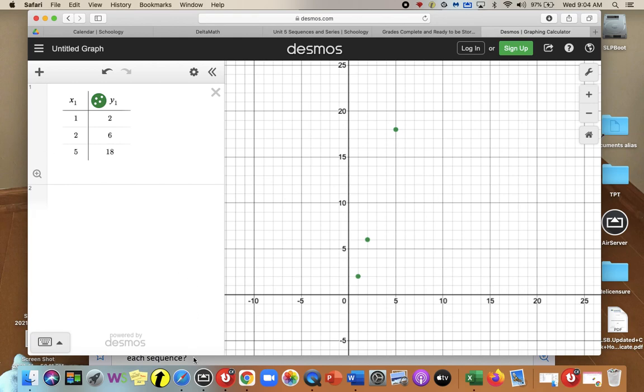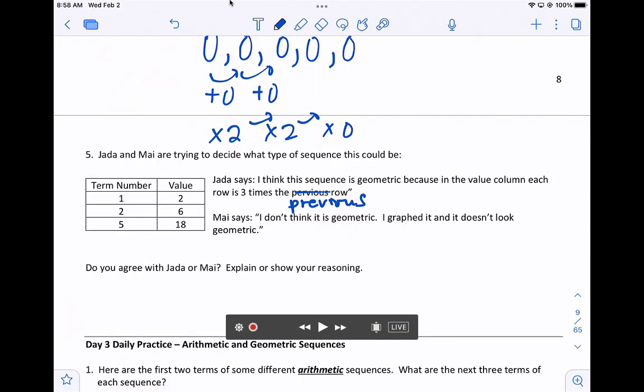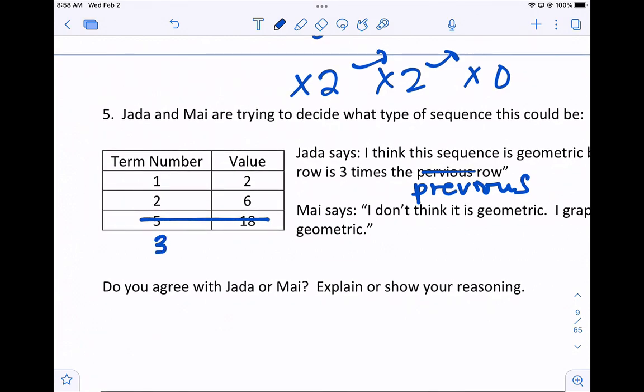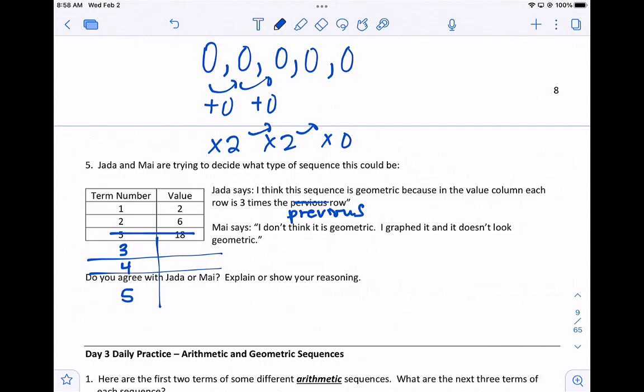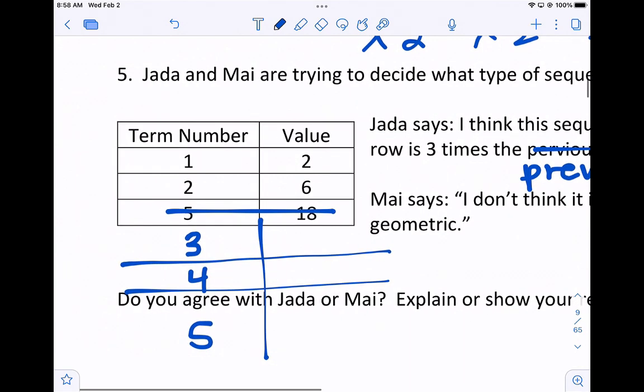Let's go back to our notes here. I would just look at this and fill out the terms in the table. So let's cross off the 5 and the 18. Let's just go up by 1 every time. I think it's easier to go up by 1 for the term number. Okay, so Jada says each row is 3 times the previous row. If that was true, then we'd have 2 times 3 is 6, 6 times 3 is 18. So you can see where Jada got that 18 from, but really you have to look at that